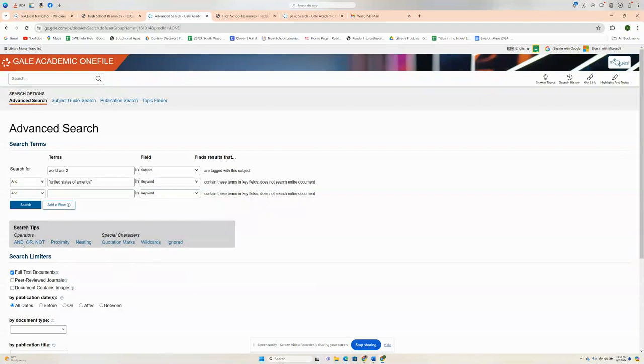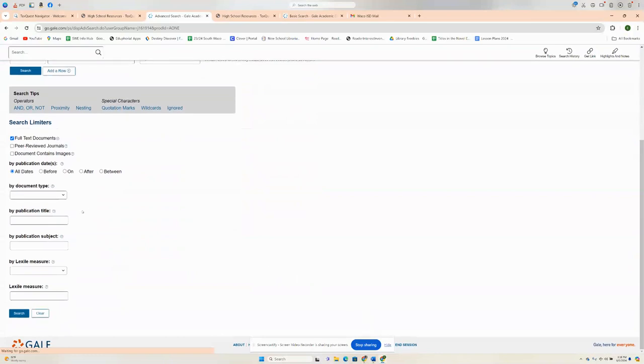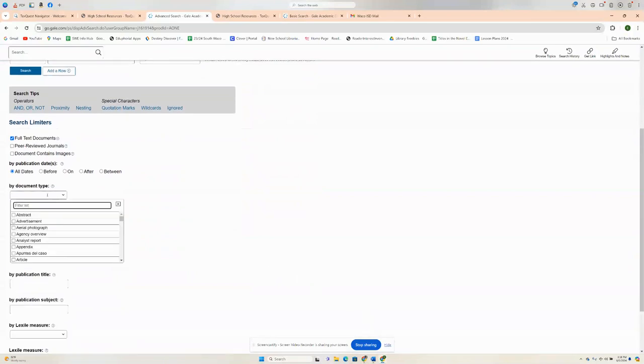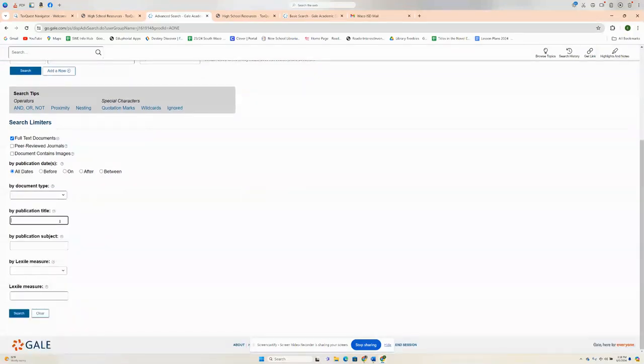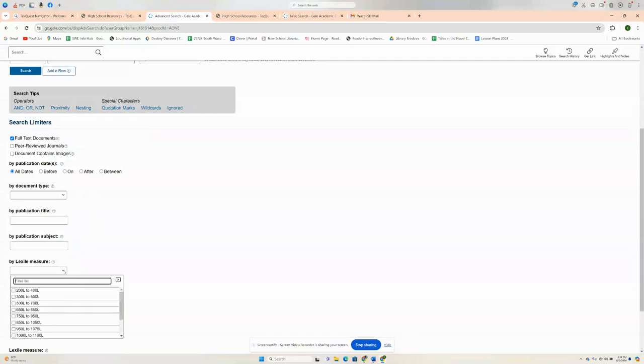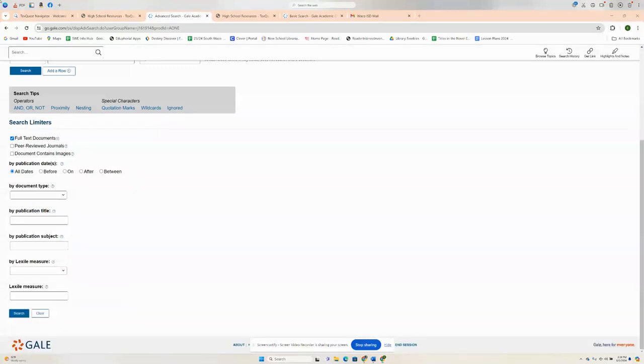And it also even helps me know whether special characters or wildcards are things I want to ignore if I want different limiters on my search. So then I can also choose which different document types, publication titles, publication subject, and even if I want to choose by Lexile measure, which is your reading level, which is helpful for educators when they're finding resources for y'all to read. But then whenever I click on my search,